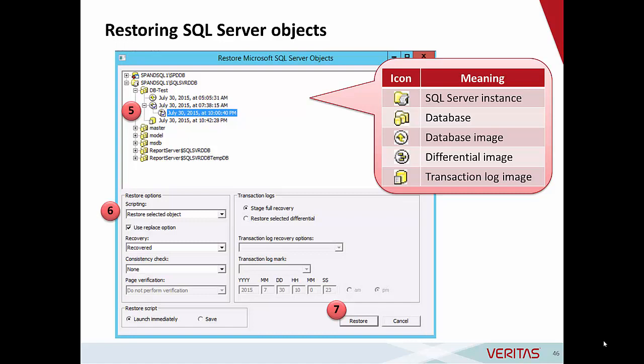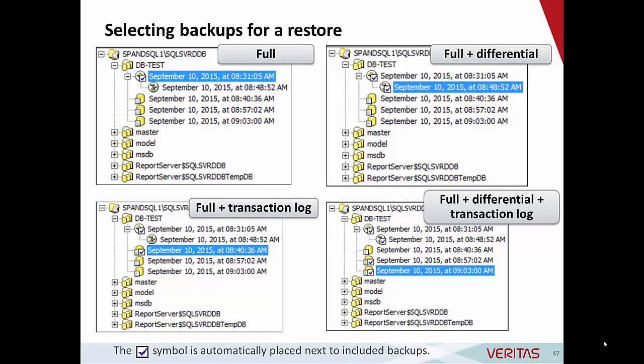So I select which items I wish to restore, I select any restore specific options, and then go ahead and click the Restore button. This slide shows various combinations that are available when selecting backups to restore. And note that when I select an object to restore, if there are any dependencies, then they will be automatically